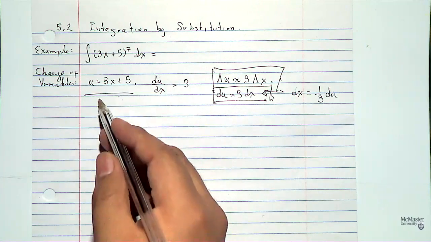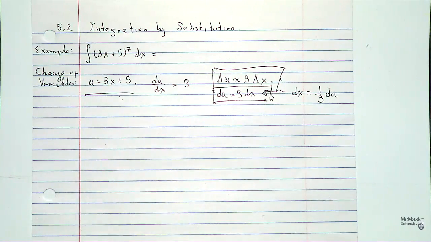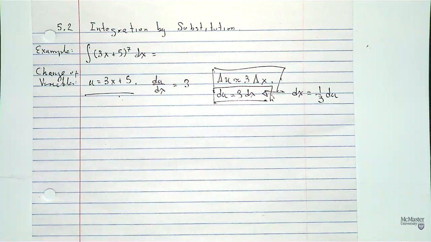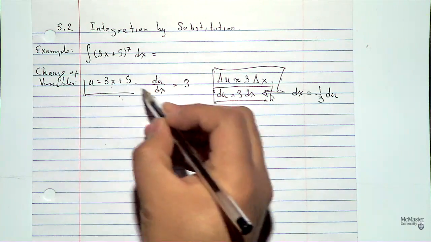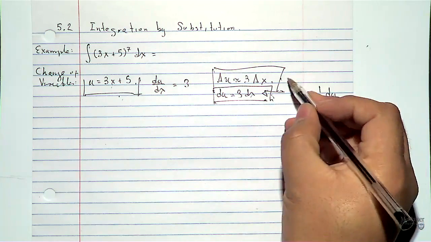If you want an exercise, take 2 points, u1 and u2, defined by points x1 and x2, and compute the delta u. It will be exactly that. It will be 3 times delta x. For linear functions, this holds. There is no mystery behind it. It will require some thinking when we look at more complicated functions, but